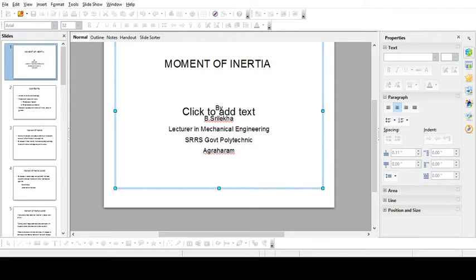So it simply states that if Ixx and Iyy are the moments of inertia of a plane section about two mutually perpendicular axes xx and yy in the plane of the lamina,